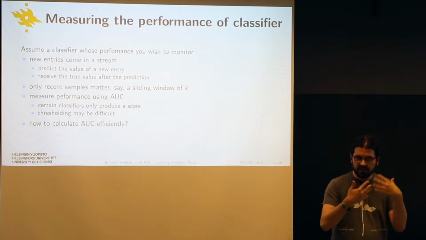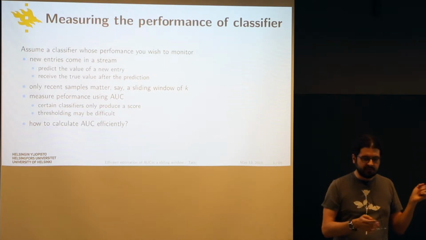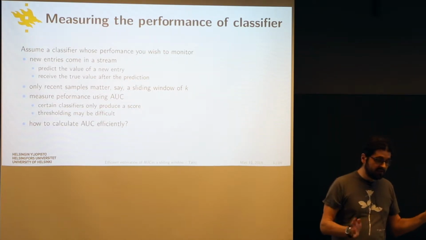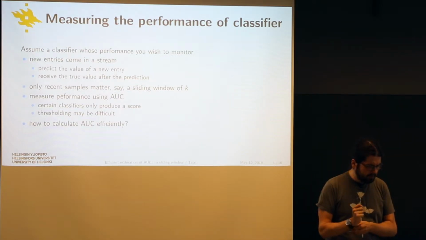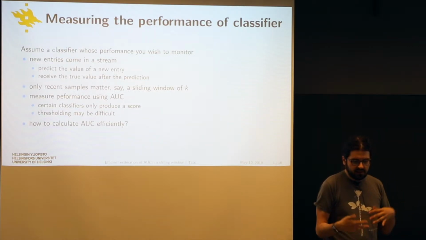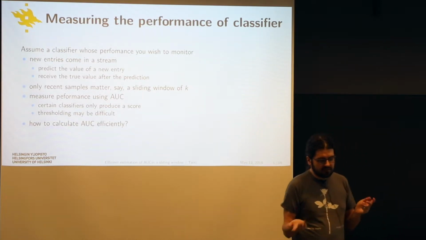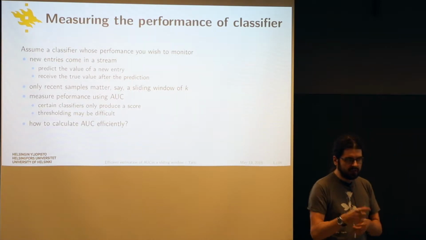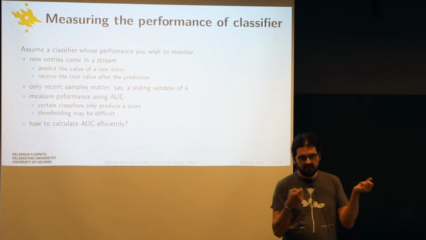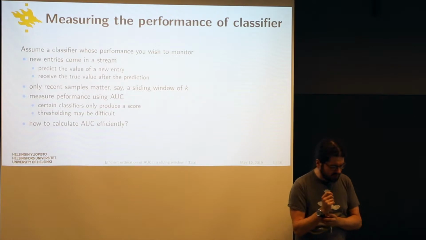These new samples constantly come in a stream. You're not dealing with an offline problem; the data just comes online in a very rapid manner. You predict the value of a new entry, and then you do something with that value. After some point in time, with some delay, you actually receive the true value, and then you want to measure how well you predicted compared to that true value. This is a very standard setup in online